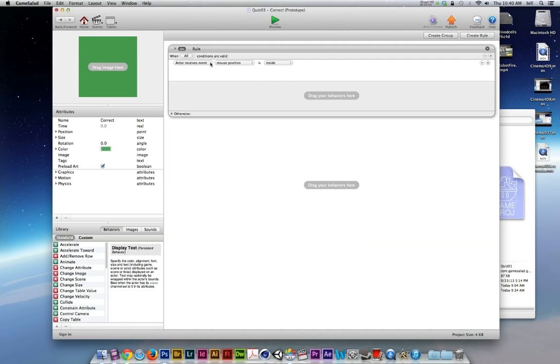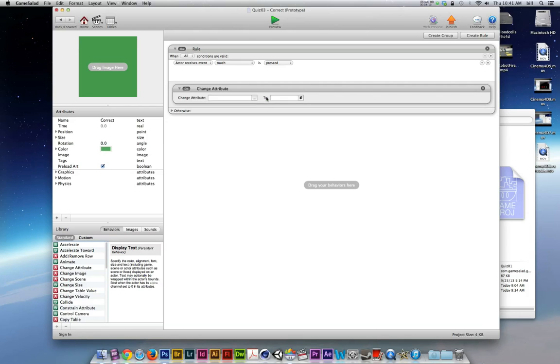And the rule is that when the actor receives this event, it's not a mouse position, but it's a touch. And there's different kinds of events that could be received by this actor. I want a touch is pressed. In other words, when I press this button, or I click on that green button, it's going to execute this action. And the action that we want it to run is a change attribute,